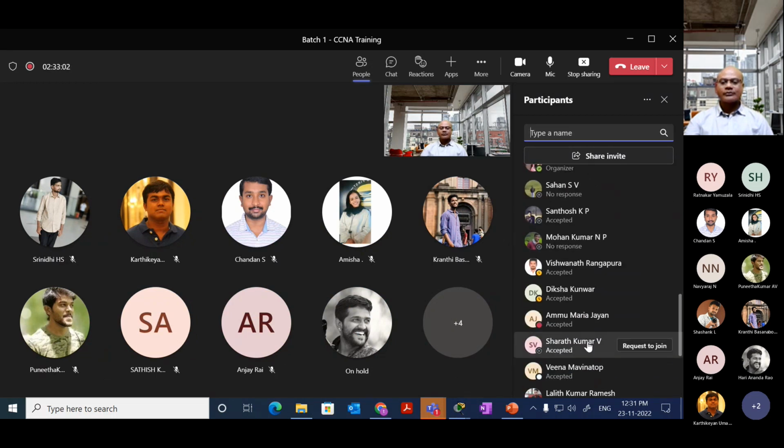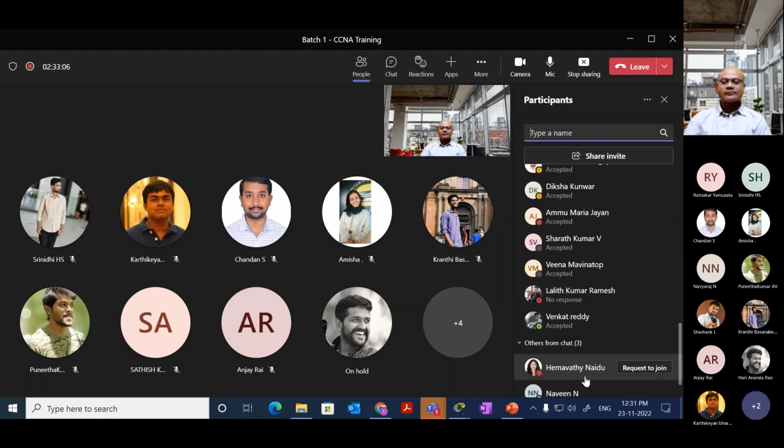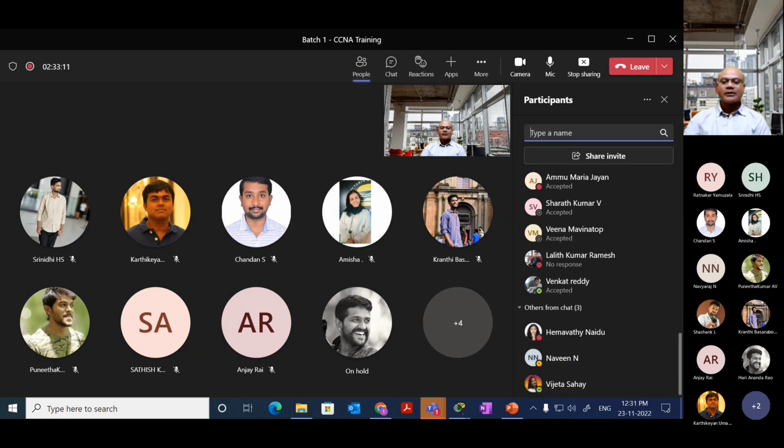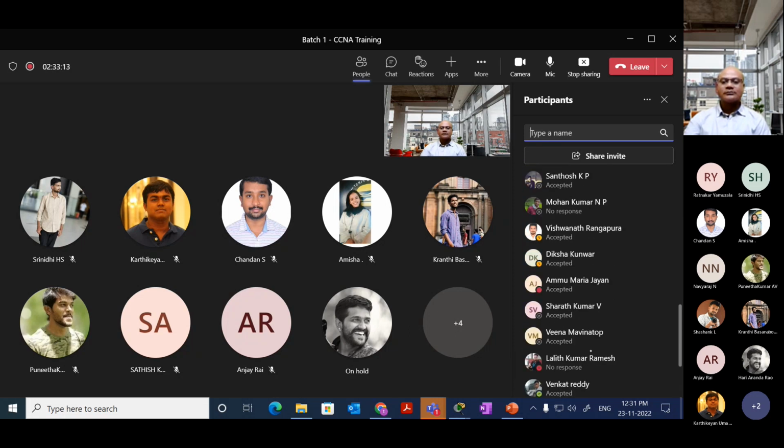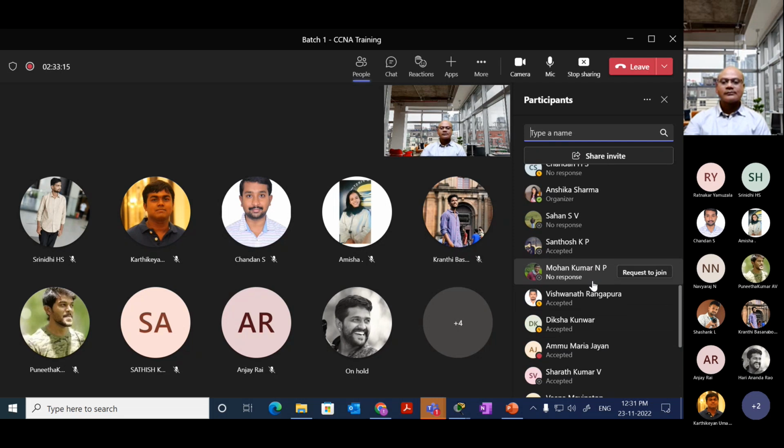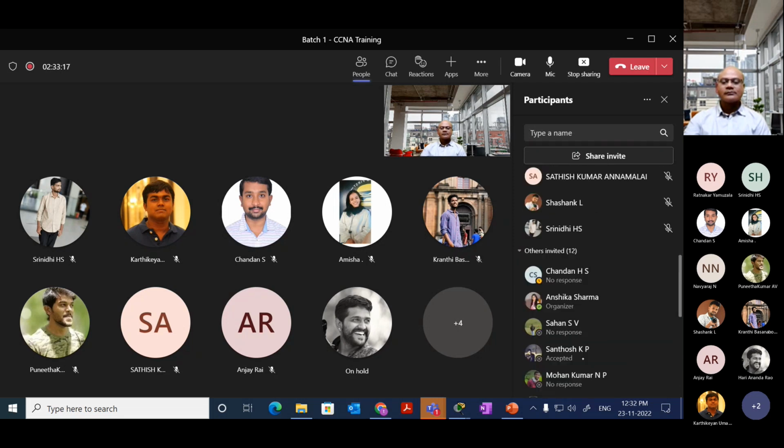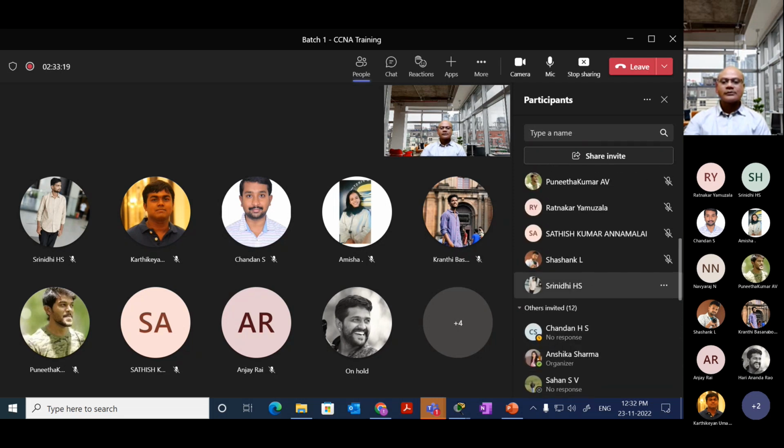Venkat Reddy, Vishwanath, Sharad Kumar, Lalit, Veena, Shashikant,